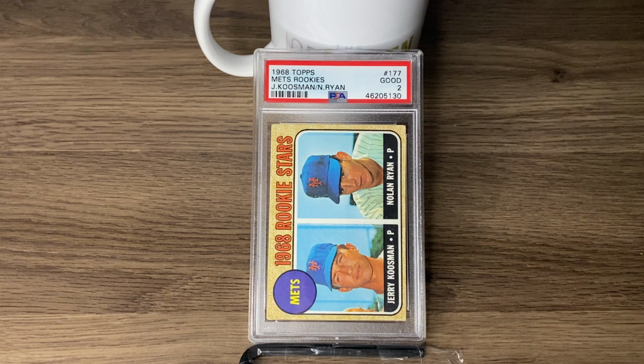Another big card that I wanted back when I was a kid was the 89 Upper Deck Griffey, which I never did get. Bought boxes and boxes and boxes of Upper Deck back then. Never did get it. I remember my grandma, my mom, bought some 89 Upper Deck for me as a kid and never pulled the card, so I was a little bummed about that. But I do have the card now in a PSA 9, and this was the third card that I really wanted as a kid, right? It was the Nolan Ryan rookie next to Jerry Koosman, and I got this particular card pretty cheap